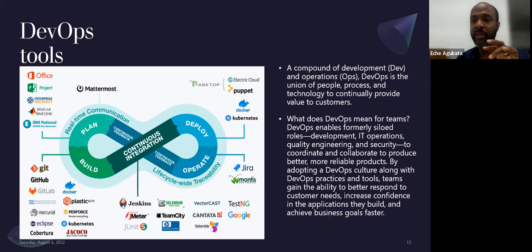Which is one of the key value adds for a mature DevOps team within a software development factory, as the case may be. A lot of us have heard of Docker, we've heard of Kubernetes, Puppet, and co. These are all technologies that aid deployment in a least disruptive manner. And that is why they are gaining more momentum than the traditional Windows Server or Linux OS and co, right?